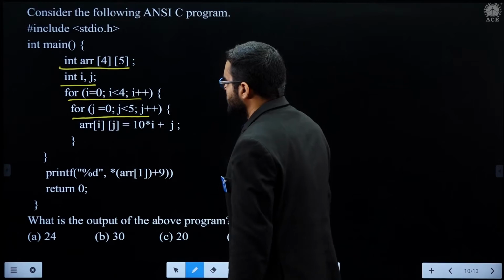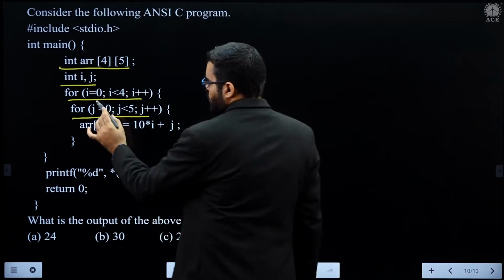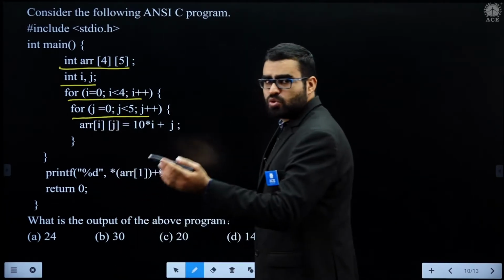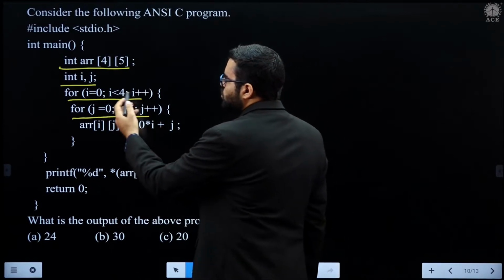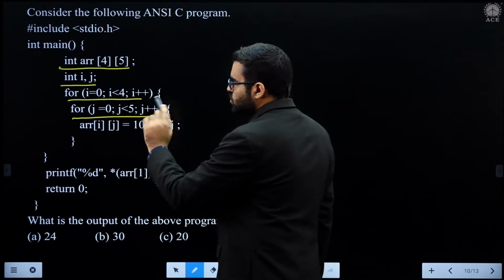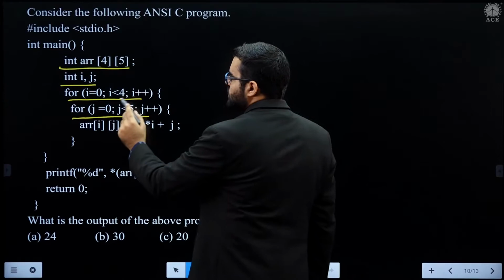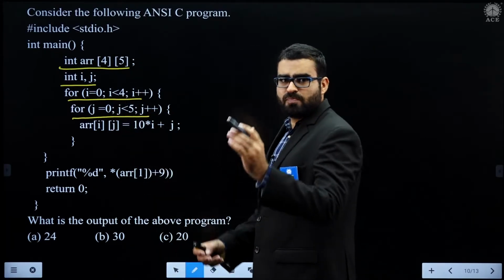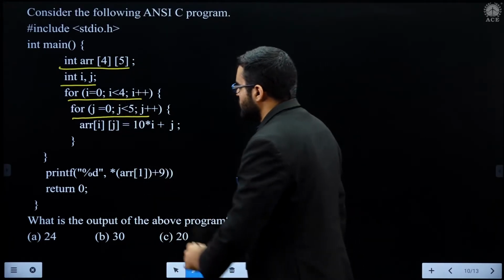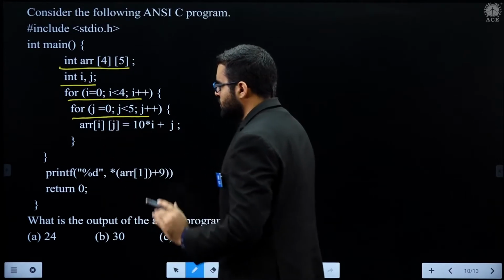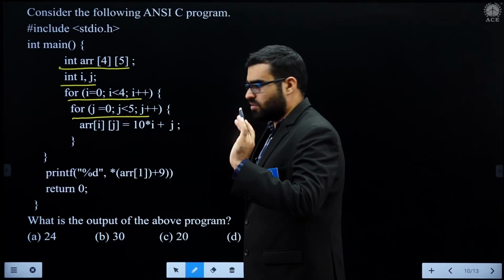You can see that this outer for loop is running from 0 to 3, because i is less than 4, and the inner loop is running from 0 to 4.